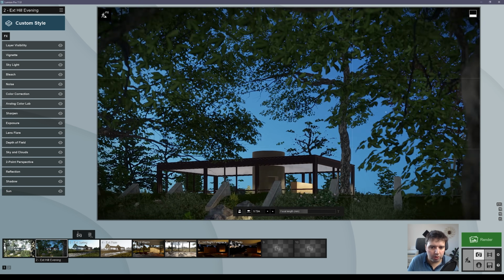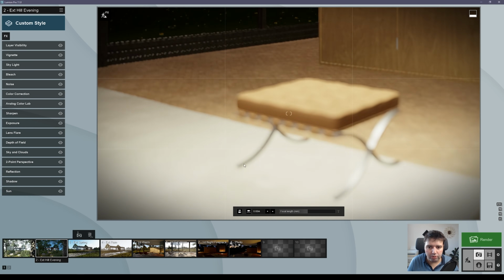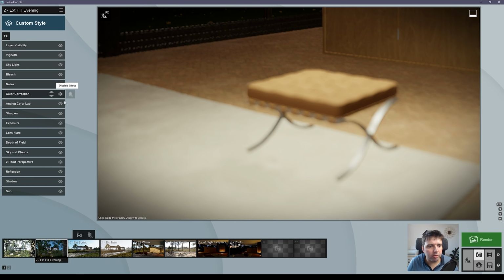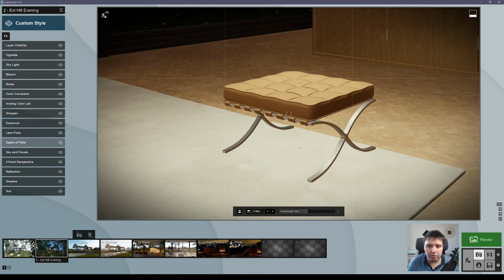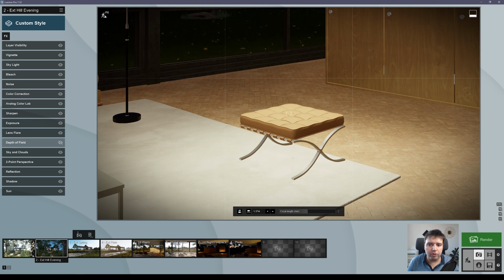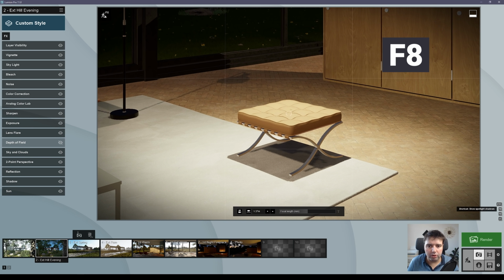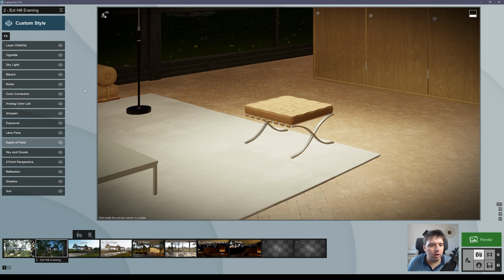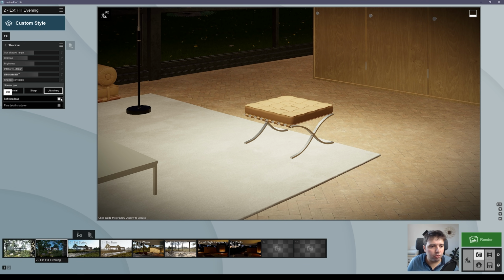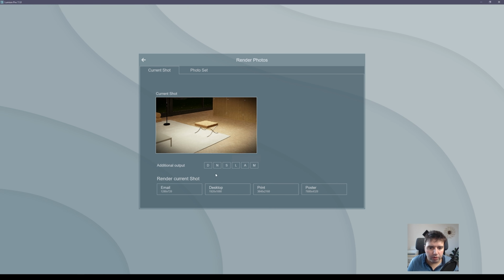let me just go here with this evening scenario. Let's go inside. I'm just going to disable the depth of field. So if you don't see any shadows when you are here in this render mode, you should just press F8 and you will see the shadows. So now if you go here to shadow, you have to activate here shadow type normal and then fine detail shadows. Okay, and now when you render,